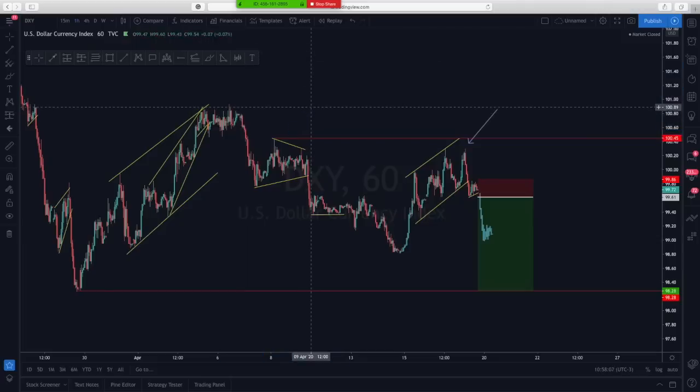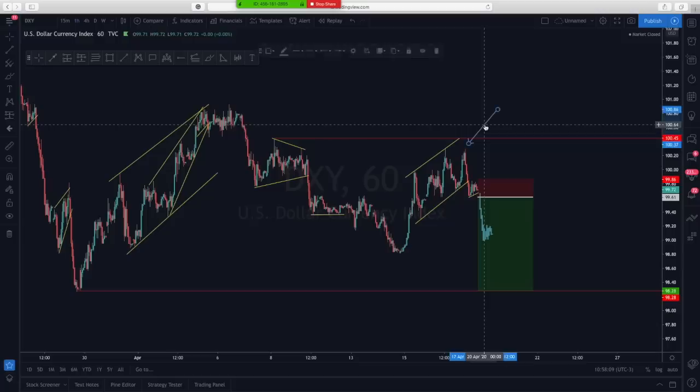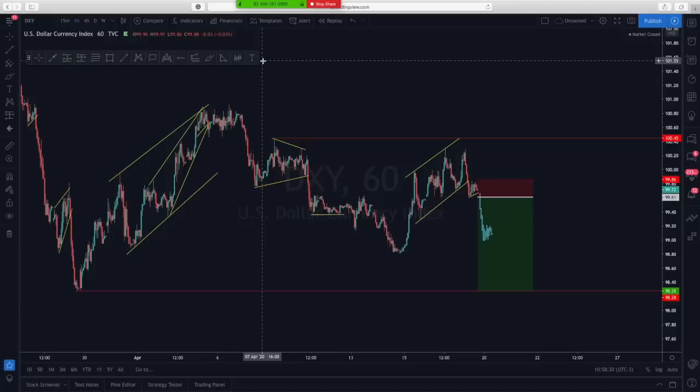It helps us spot what is to be expected from the dollar, so we know how to place our trades. When you're looking at EURUSD, you know that the dollar is dropping, so there's a higher chance of us looking for longs on EURUSD. The dollar being the quote currency of the euro, it's dropping, which means the base currency is obviously going to the upside. So we see it this way.